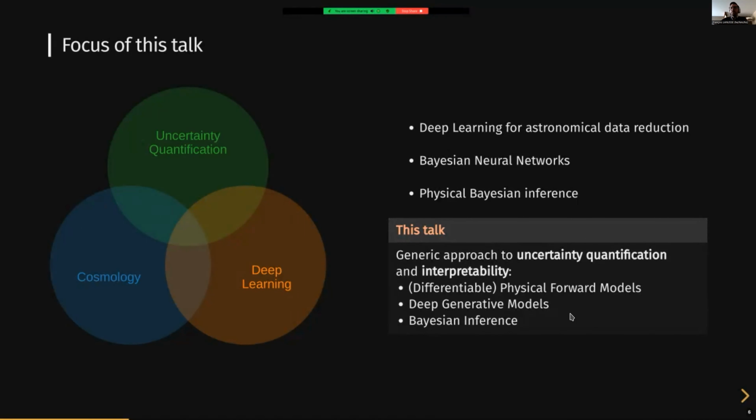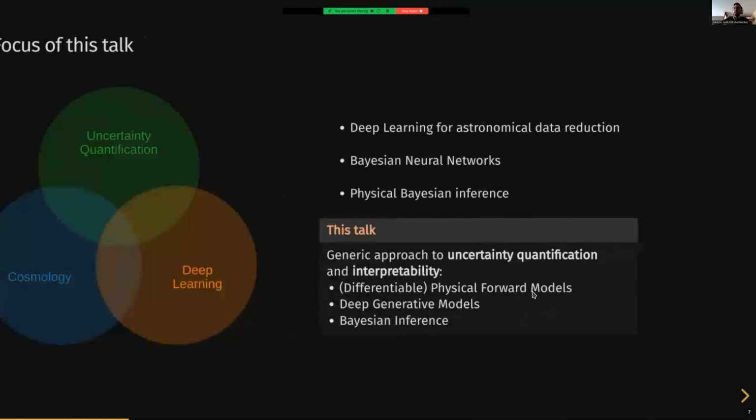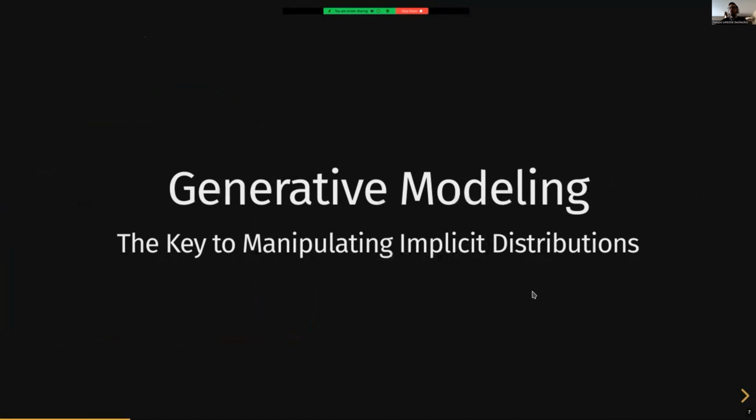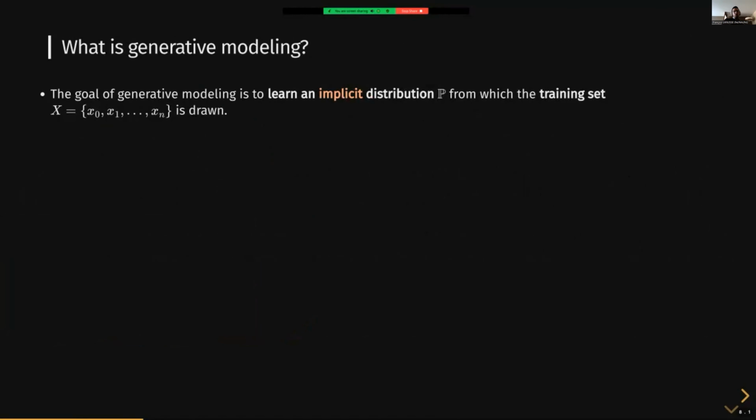And so the first thing that I want to tell you about, before I can show you actual applications, is this concept of generative modeling, deep generative models. Maybe this is something that you've heard about even in the press these days, but I want to give you a short recap on what this means. Okay, so what is generative modeling? Essentially the goal of generative modeling is to try to learn what I will call an implicit distribution. An implicit distribution is a distribution P, it can be any sort of distribution really, for which you do not have an analytic description, an analytic formula.